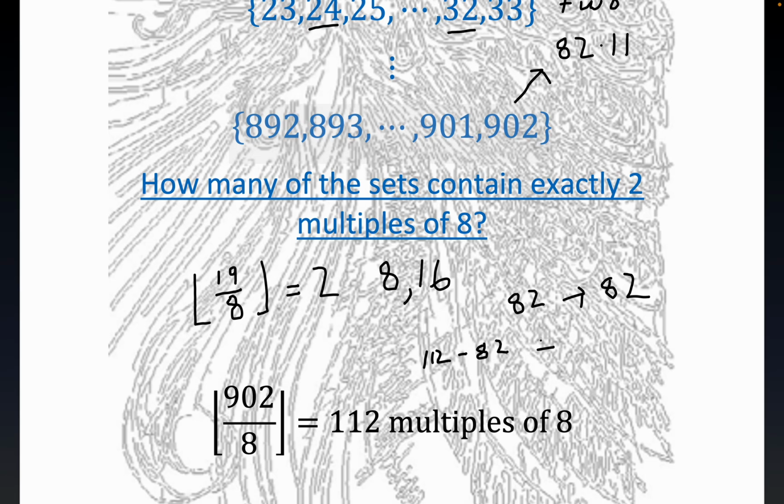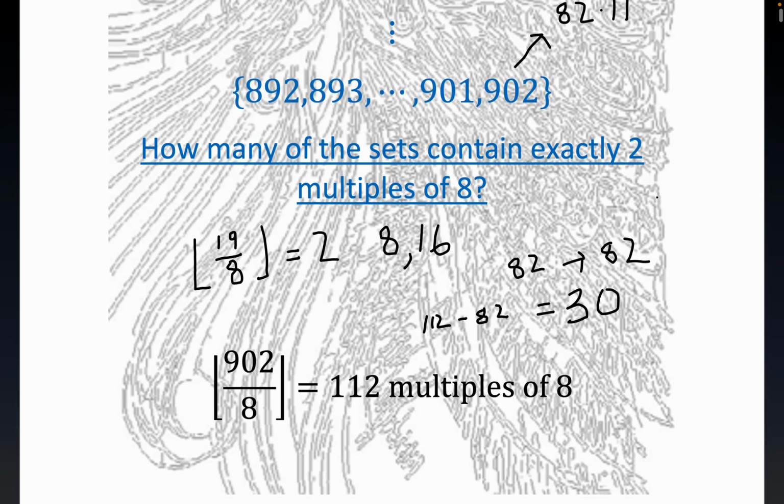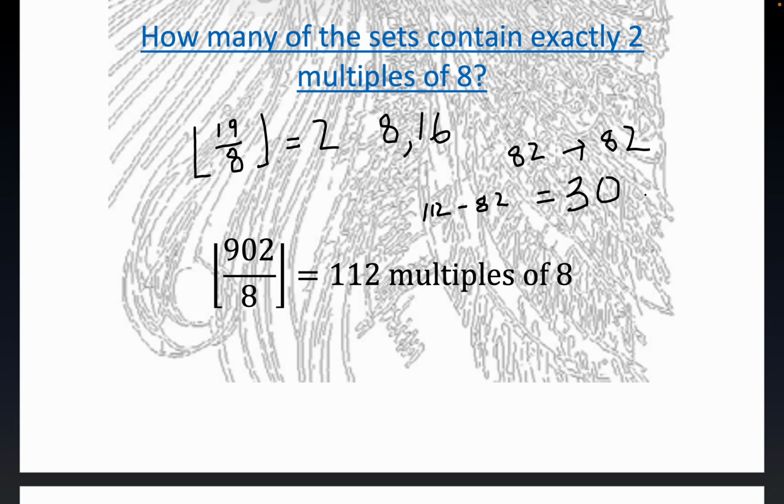So that means there has to be 30 two-element sets, because if you think of the pigeonhole principle, those numbers have to go somewhere. So that means exactly 30 sets will contain 2 elements, and exactly 50 sets, even though they didn't ask for that, would contain 1 element. And again, I'll write that down just if this isn't making any sense. What we concluded is there's 30, and this would be the answer,